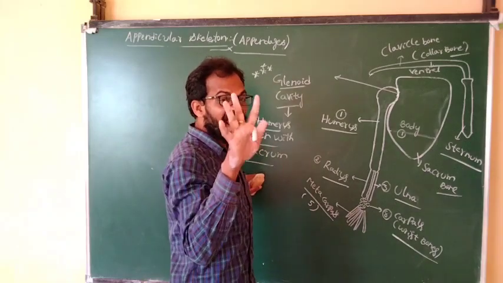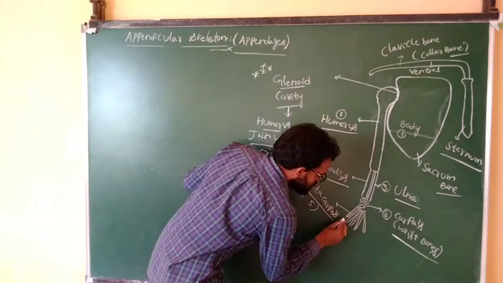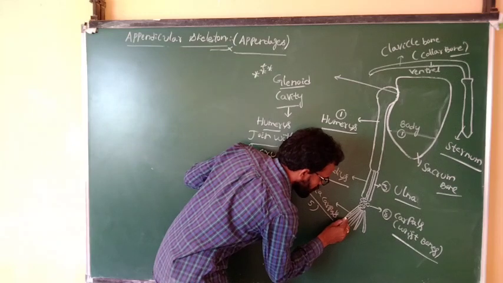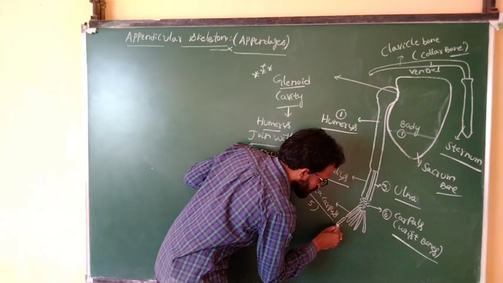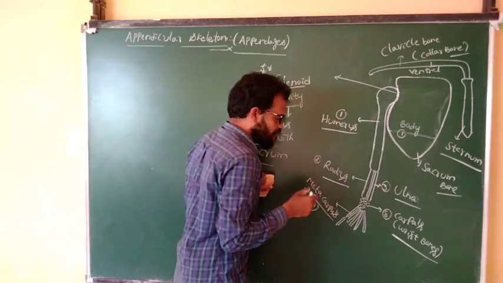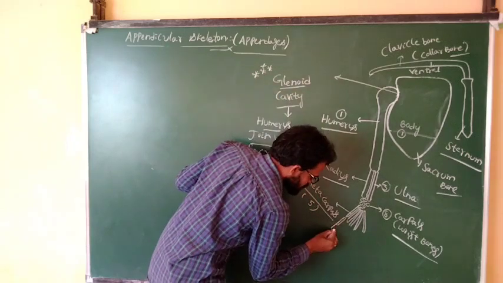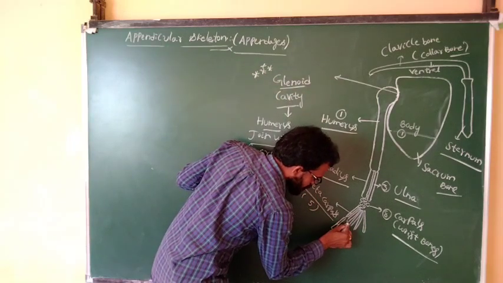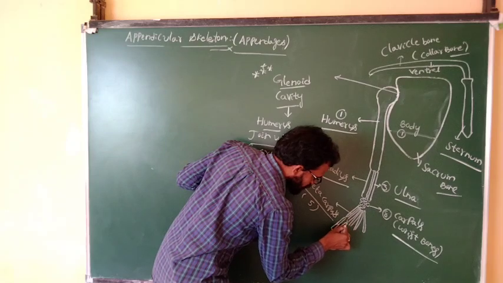Phalanges. What is the next one known as? It is known as phalanges. The phalanges bones present. It is a thumb. The thumb consists of 2 digits. The thumb is the next one. After the thumb,